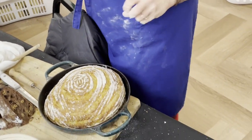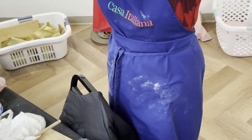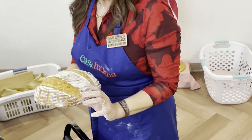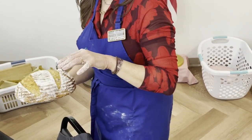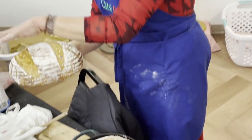Sometimes I do stars, like if I'm in the mood. This one here, I did 2 lines down the middle and then some lines on the side. There's books on more art that you can do. But so the other thing is, before I start cutting it, I'll put some flour on it and then just kind of rub it in so it's consistently floured on top. So then